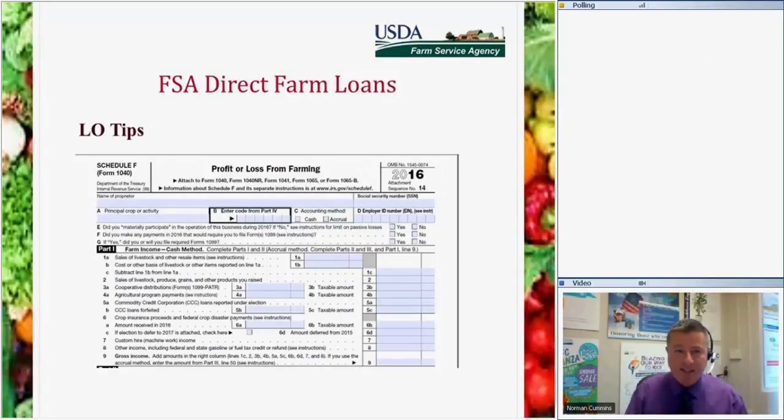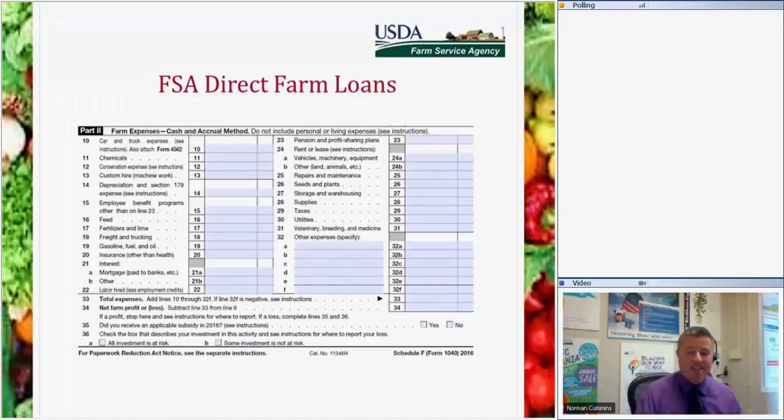So real quick tip, if you don't know what we're looking for finance-wise, this is something I always say: just pull up Schedule F. It's what farmers use for the IRS. This is usually when farmers have been doing it for a while. This is how they report the income of the farm. Pull one up, and this is a good way to base a business plan on. This would be where you do the income. This is actually where we look at your expenses.